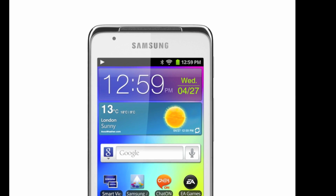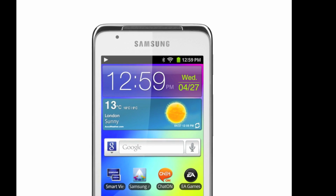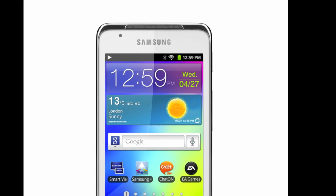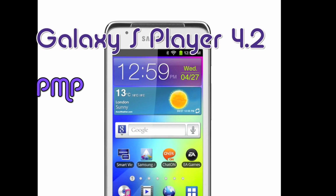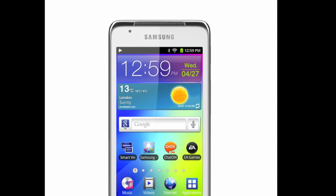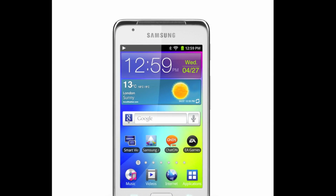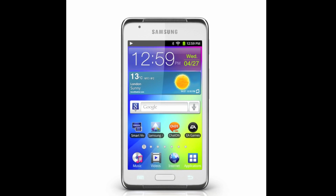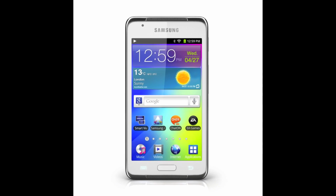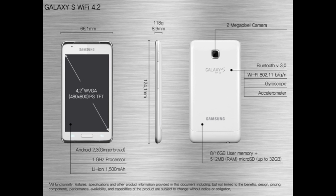Last and possibly the least device from Samsung's arsenal at Mobile World Congress this year has to be the Samsung Galaxy Player, the S Player 4.2 inch. Now the 5-inch version never made it to India, but Samsung promises that this version is definitely coming to India. This runs on Gingerbread 2.3 along with Samsung's TouchWiz user interface. It also has a 2 megapixel rear camera along with a VGA front camera, Bluetooth, Wi-Fi, BGN, and a 1500